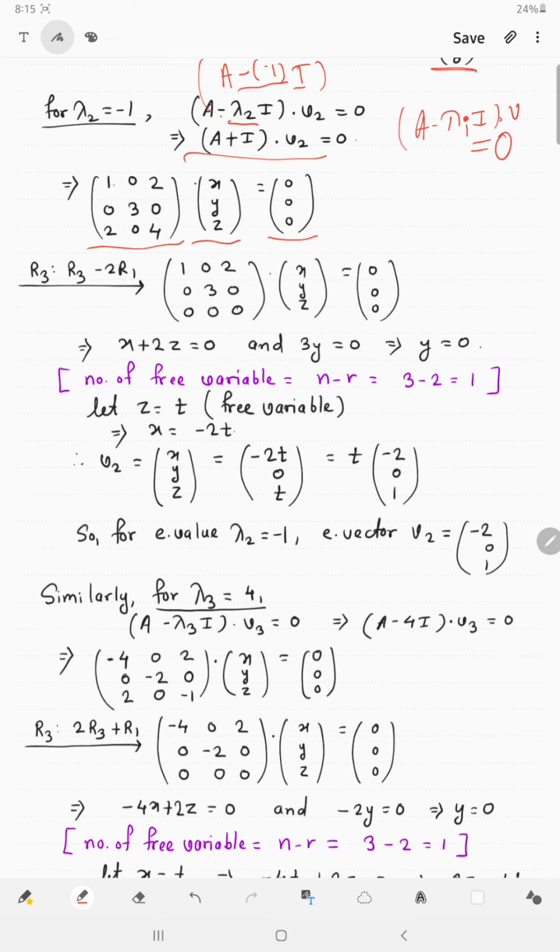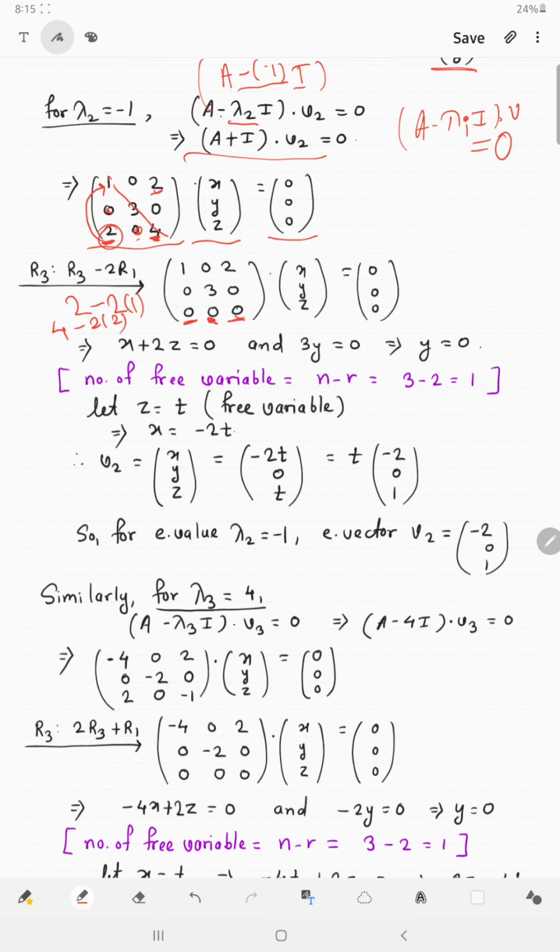Now I use row reduced echelon form. What is row reduced echelon form? The entries below the diagonal should be 0. Now this is 0, this is 0, but this is not 0. I have to make this entry 0. Here is 2, here is 1. How can I make this entry 0? R3 is 2 minus 2 times R1. What is R1? R1 is 1. So 2 minus 2 is 0, so here I get 0. This row is always 0 0 0, and this is 4, this is 2, so by calculation I get 4 minus 2 into 2, so obviously this is also 0.